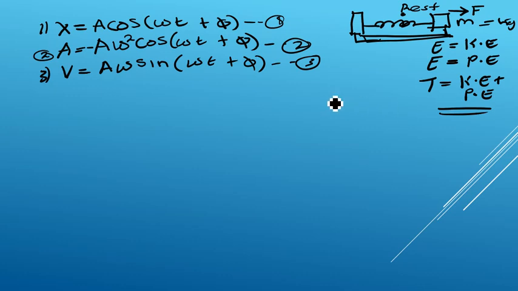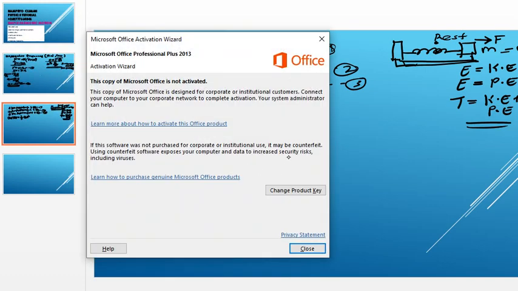From here, one thing that you must be able to know is the total energy is equal to 1 over 2 k A to the power 2, where k is the spring constant and A